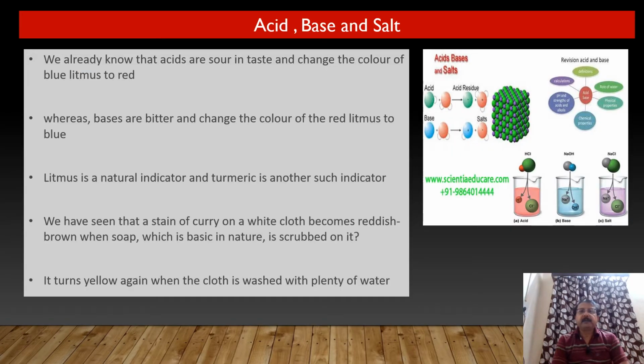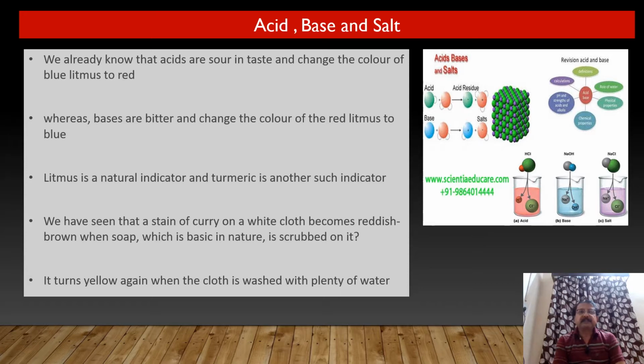We'll study here acid, base and salts. We already know that acids are sour in taste and change the color of blue litmus to red. एसिड्स जो होती हैं, अम्ल जो होता है, वो टेस्ट में सार होता है और ब्लू लिटमस पत्र को रेड में परिवर्तित कर देता है।